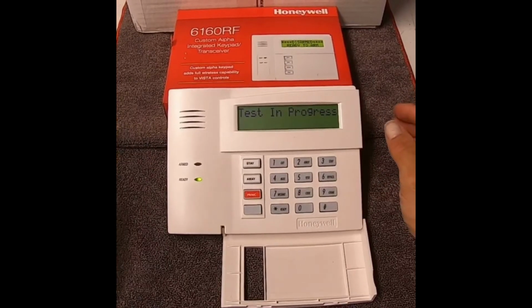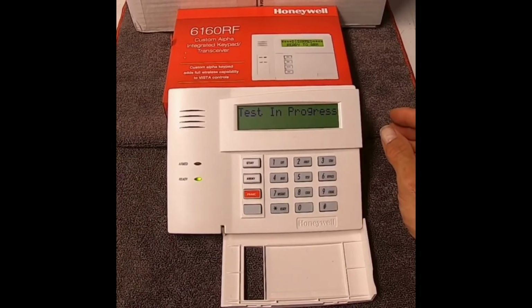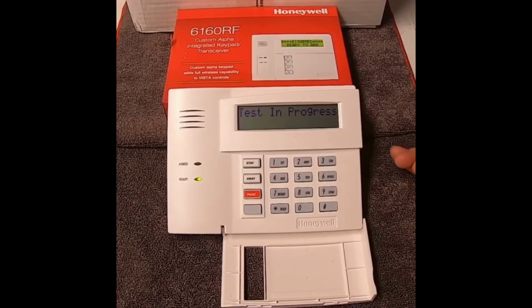So in this case, we're in test mode. If I open a door or window, as I open the door or window, it's going to beep at me. As you're walking through the motion sensors, they will beep as you walk by the motion sensors. This does help if you have somebody with you. They can actually look at the keypad and tell which room you're in or what you're opening if you need it. But as you're walking past the motions and doors and windows, you'll hear it beep and you'll know that